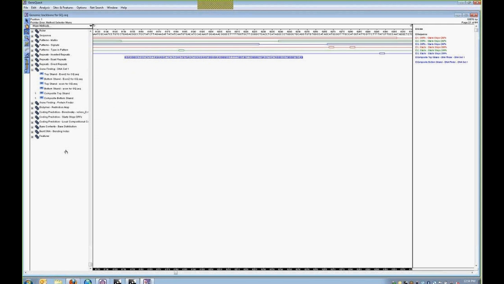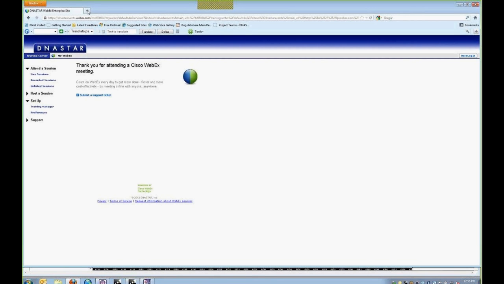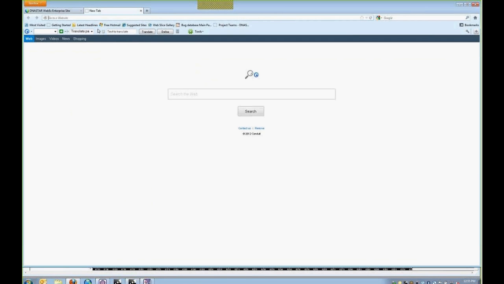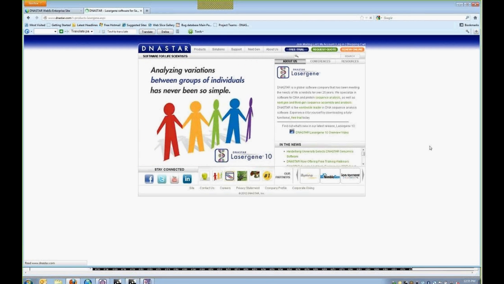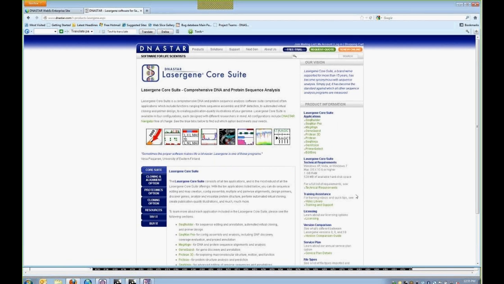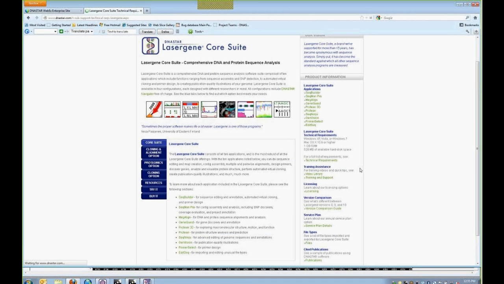Okay, and like I said, we have a lot of questions, so I'm going to do a couple more. One, how much memory do you need to run Lasergene or specifically GeneQuest on a desktop computer? Sure. It's really not that much in actuality, and what I'll do is I'm going to just bring you to the DNASTAR homepage for specific information. So if we go into the Lasergene Core Suite, there's information on the technical requirements right here on our web